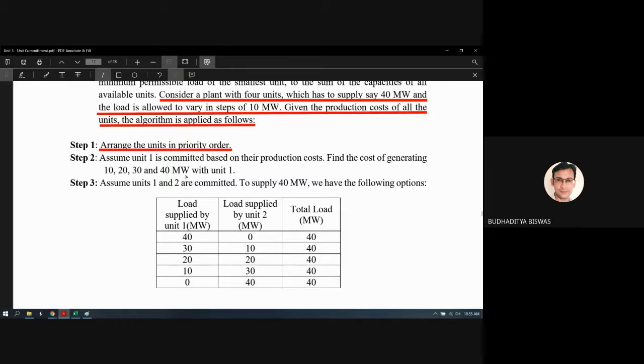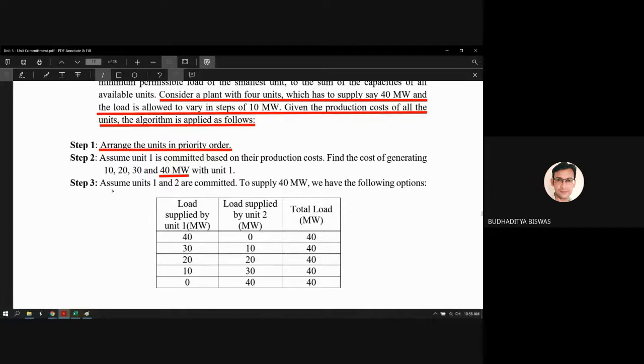So as I mentioned, the dynamic programming method is not finding out the solution for a particular load demand, it finds all the possible combinations of the load demand. So here you see the load demand is 40 megawatt this time only, but load demand can be varying in 10 megawatt steps. So that means load demand may be 10 megawatt, maybe 20 megawatt, maybe 30 megawatt, maybe 40 megawatt in the future time. Now it is 40 megawatt, but it may be changed to these values in the future. So we must find out what will be the production cost of unit 1 when unit 1 is supplying this megawatt alone.